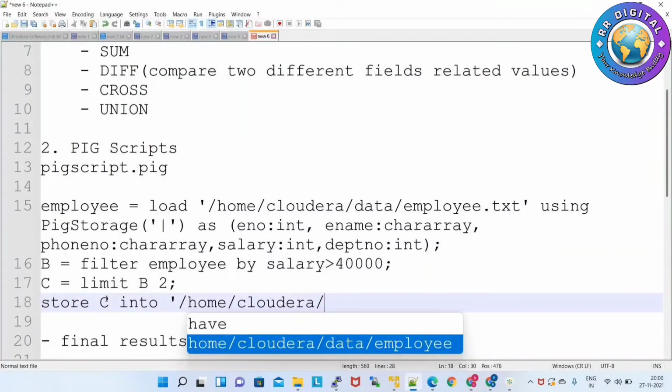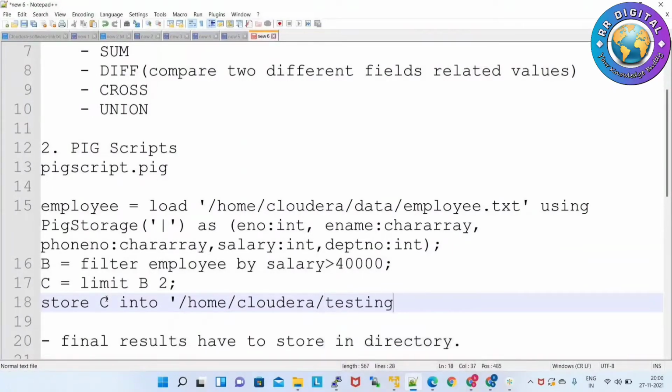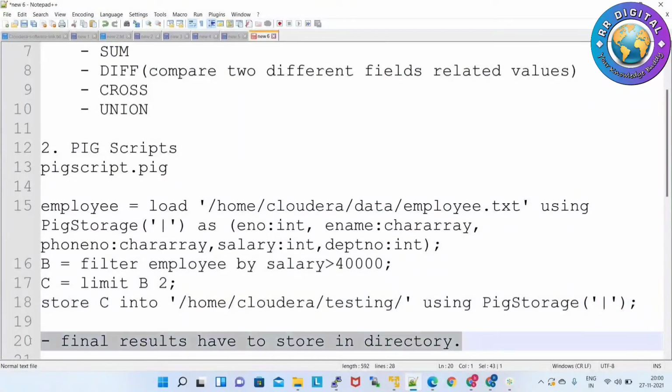If you want to store in HDFS, you have to give an HDFS path, but here I am trying to store in a local directory, testing, using PigStorage with the pipe delimiter. So this step is also implemented.